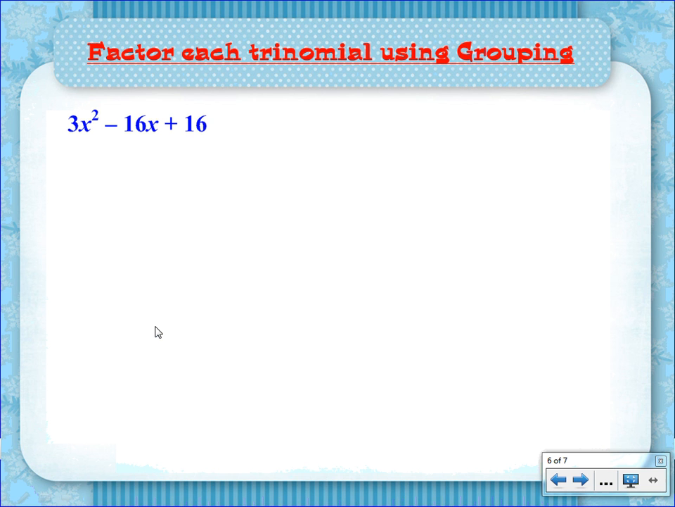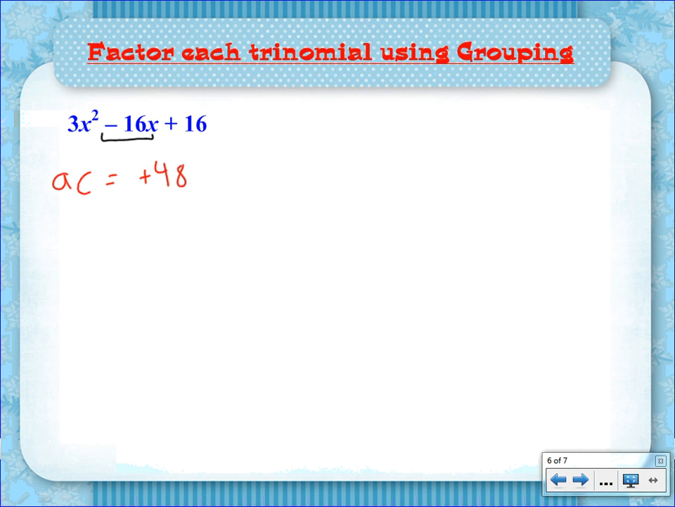So the first thing is I'm going to want to find our Allendale-Columbia magic number. What is our Allendale-Columbia magic number? What's A? A is 3. What's C? C is 16. We're going to multiply those two things together, and we get positive 48. And now again, I want factors of positive 48 that are going to add up to our middle term, which